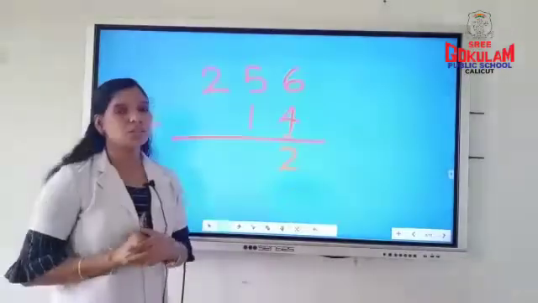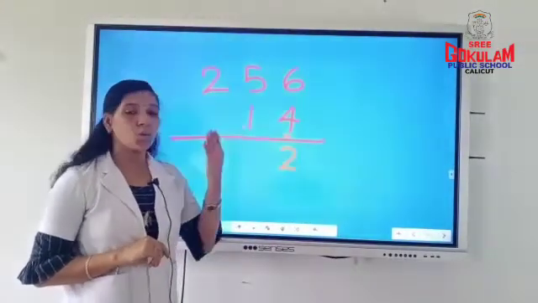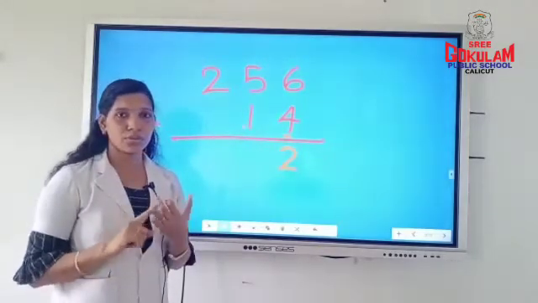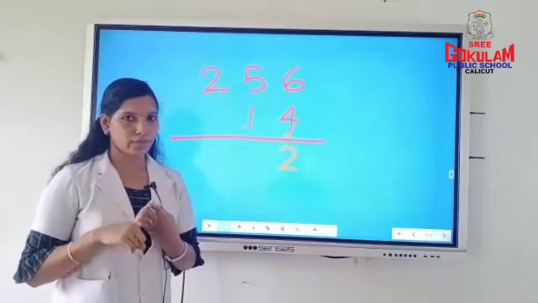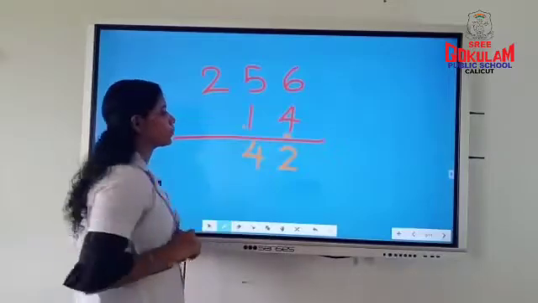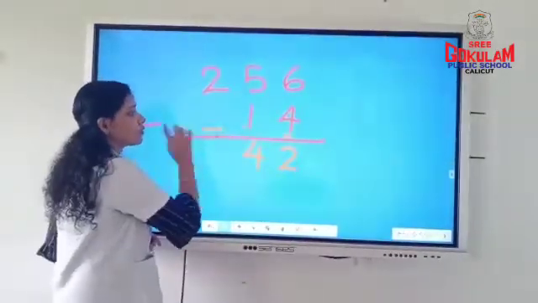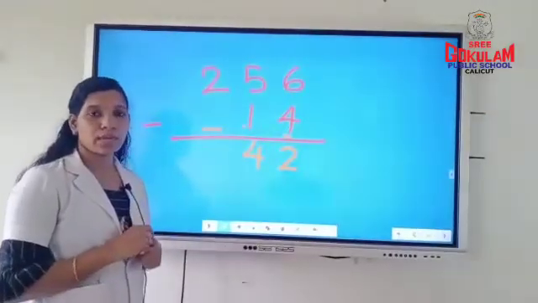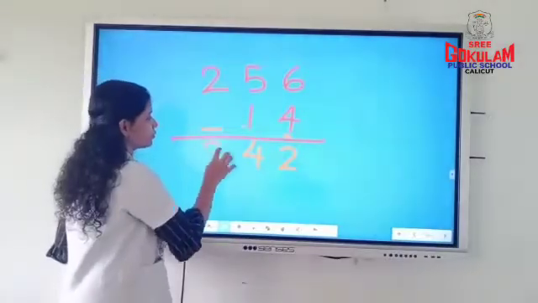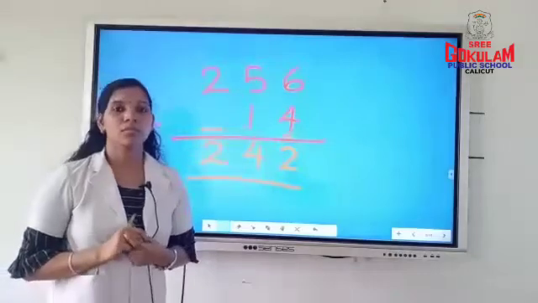Next, in the tens place, you have 5 minus 1. So after 1, how many numbers do you have to add? 1, 2, 3, 4, 5. 4 numbers. You can write 4. Now the last place, you have only 2 and you don't have any number here. So if you don't have any number, you can directly bring down 2. Your answer is